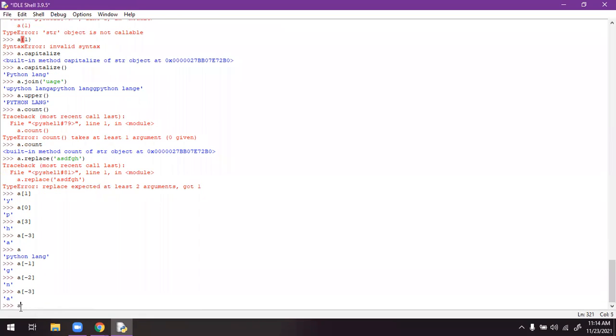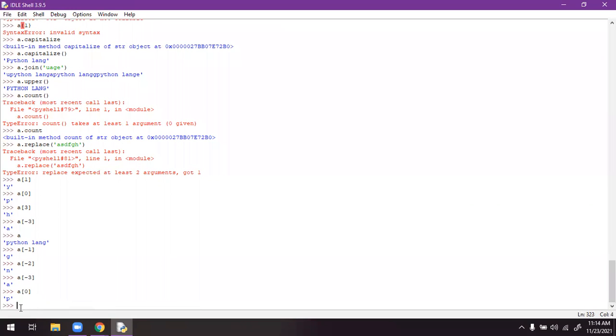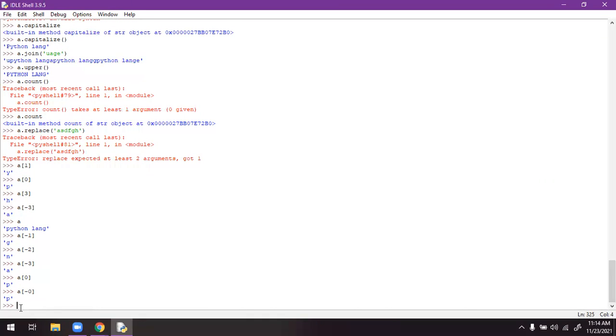If you write a of 0, you will get the initial letter. If you write -0, what you will get is the initial letter only. So 0 doesn't consider the negative sign. If it is 0, it will always focus on the first character only. And we can take a range of values like 2 colon.